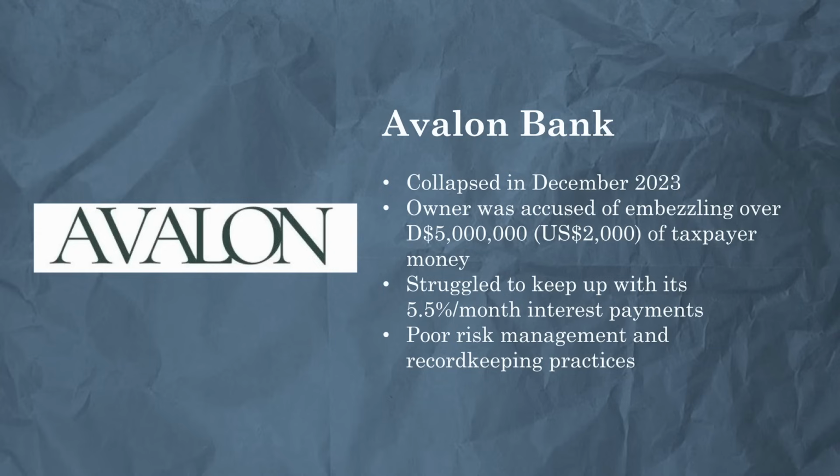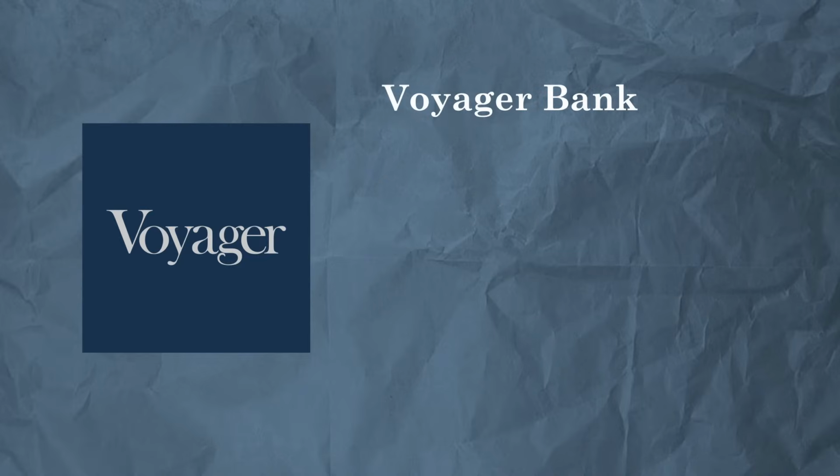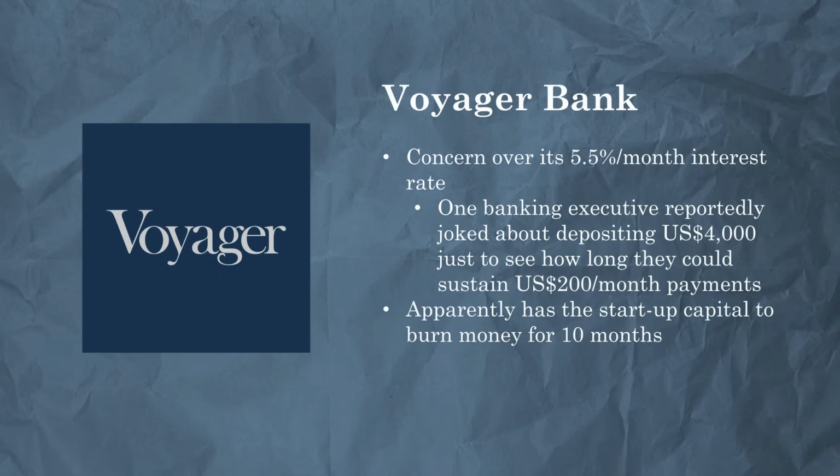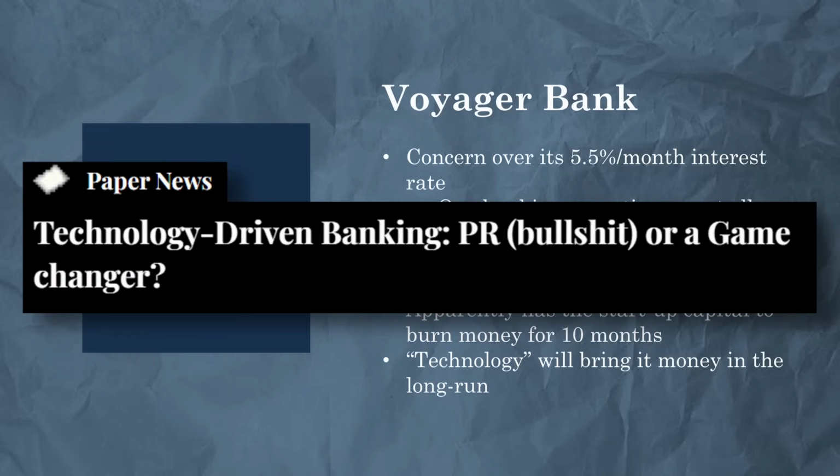The history of banks struggling to keep up with 5% a month interest payments has sparked fears within the industry about Voyager Bank's 5.5% interest rate. One banking executive, for example, reportedly joked about depositing $4,000 in Voyager just to see how long it could sustain the $200 a month interest payments. In a February 2025 interview, Voyager's CEO said that they had the startup capital to burn cash for the next 10 months, giving it time to develop vaguely defined technology that would supposedly bring money in the long run. The skepticism this has engendered can be summed up with a paper news article which asked, "Technology-driven banking, PR bullshit